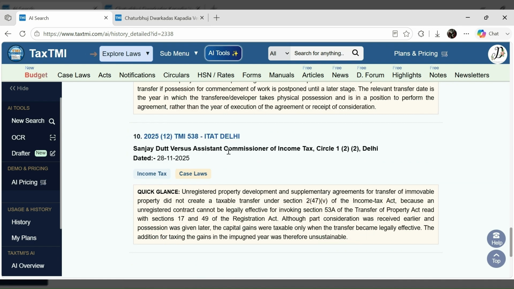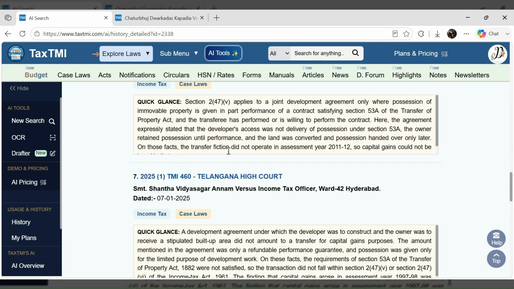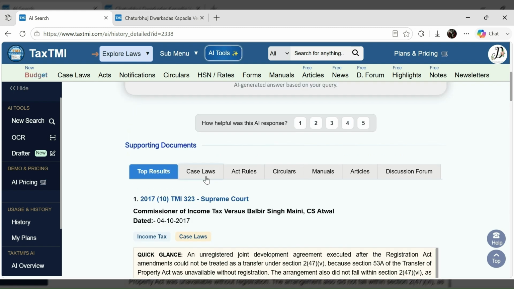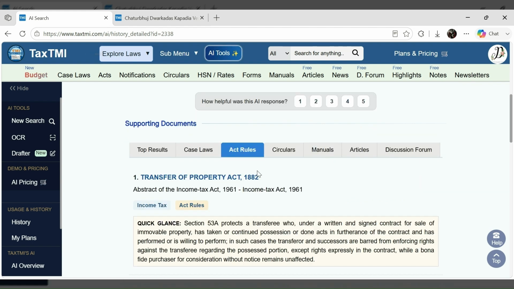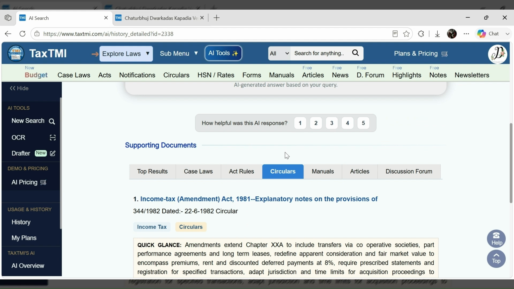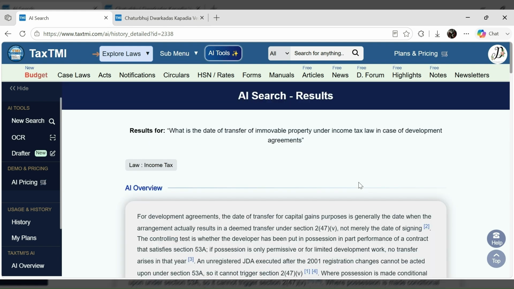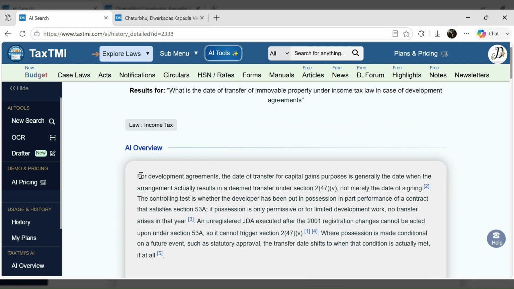Otherwise, this is usually a mix of the top results from all the categories. Then, if I wish to read only case laws, then it will show me that. And as we had applied the income tax filter, it will show me only the income tax documents. So all these case laws are of income tax, these act rules are of income tax, and so on. All these are income tax relevant documents. So this is like a quick answer which I said again.